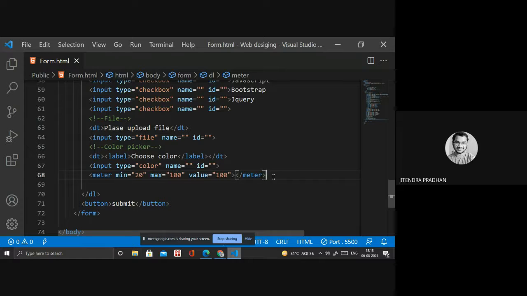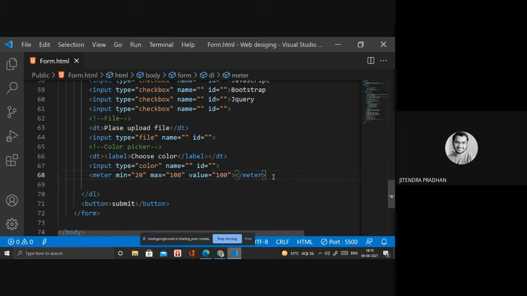So you can design a particular validation for the password when the user enters any password in that input box. Without entering a strong password, it will show red or another color.